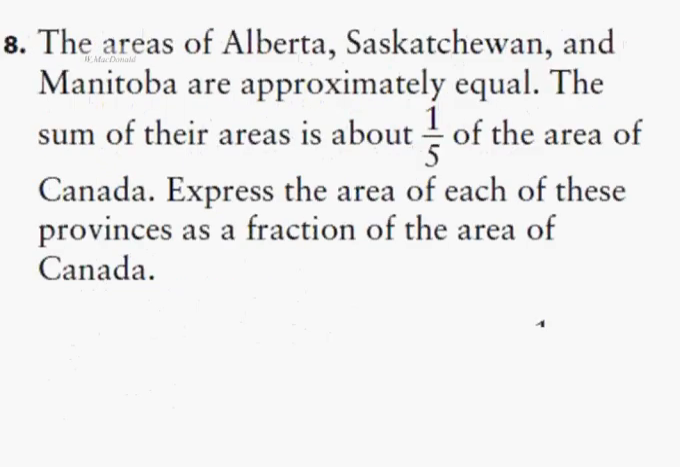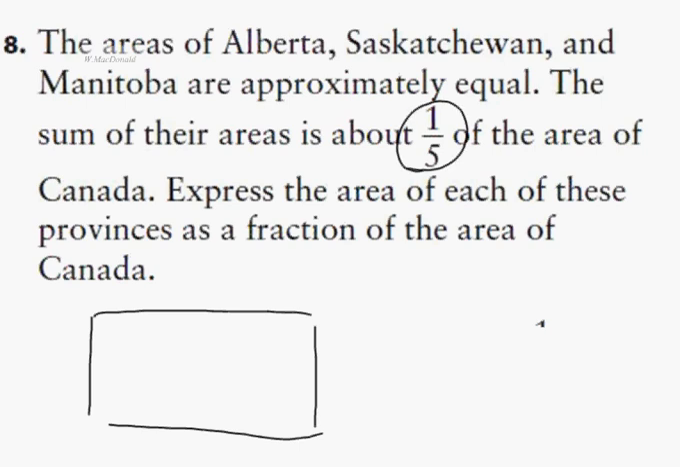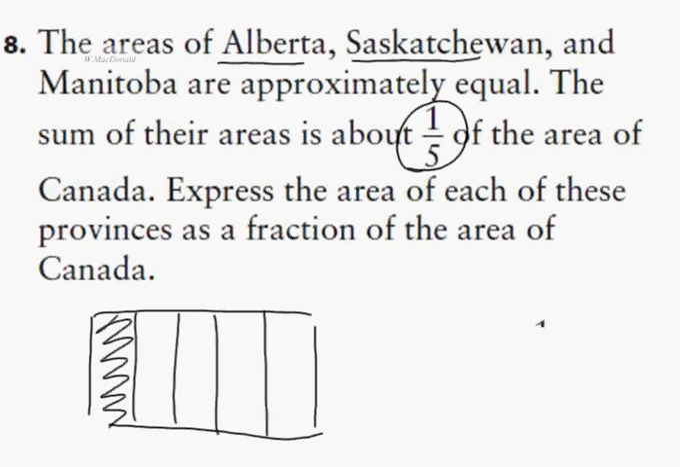Question 8 says the areas of these three provinces are about equal. So if I was to draw Canada as this big long thing here, 1/5 of Canada, right here, would be the sum of Alberta, Saskatchewan, and Manitoba. But because they are all equal in size, this would be Alberta, this would be Saskatchewan, and this would be Manitoba. And if I just completed the line over here,